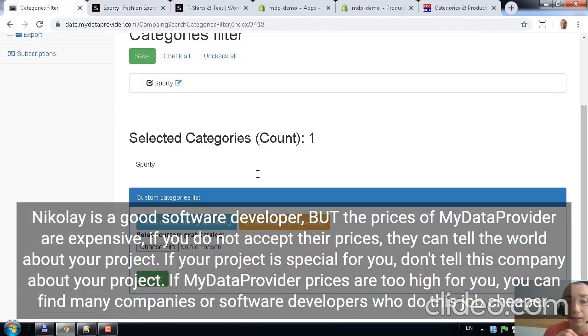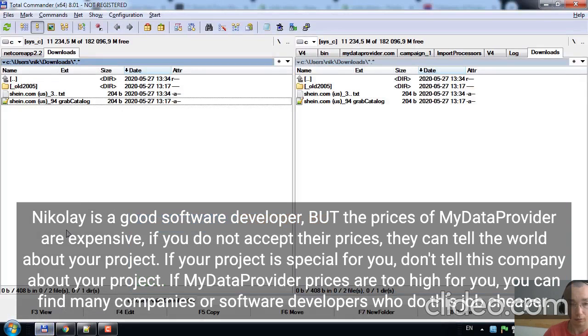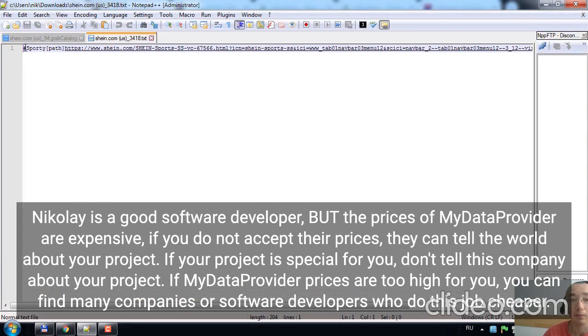How do you tell the web scraper to extract data from other categories? Firstly, you need to download the custom grep catalog file. You click it, and a text file will be downloaded. After that you go to your file manager, open this file in a text editor, and you see the file for configuration of data extraction. It's really easy. This part is connected with the category name. For example, if I want to add a new